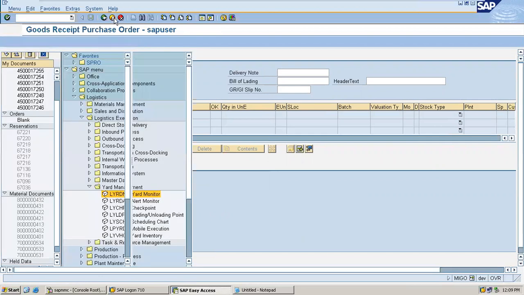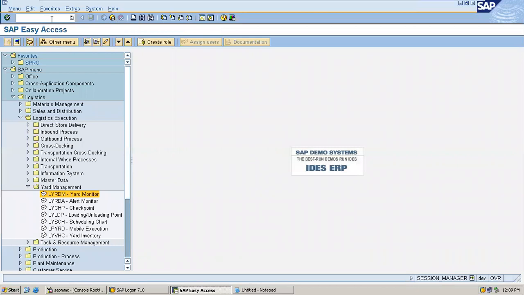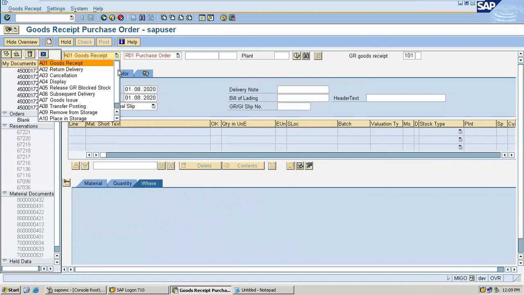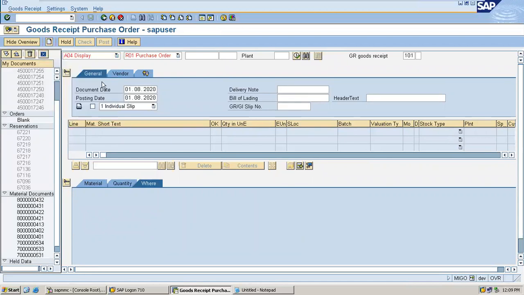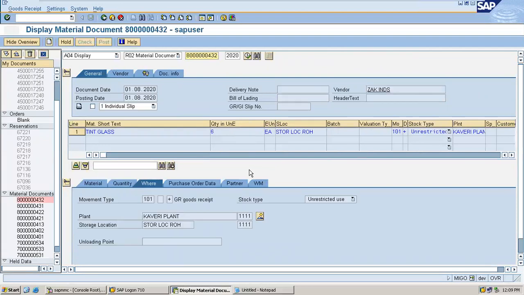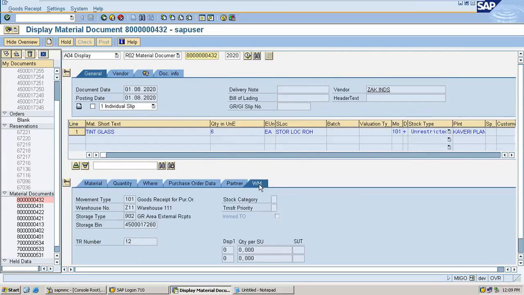Come back. Now I'm going to go to BIGO. I'm going to take down the TR number, the warehouse transfer requisition number, display, press enter. TR number, go to warehouse WM.